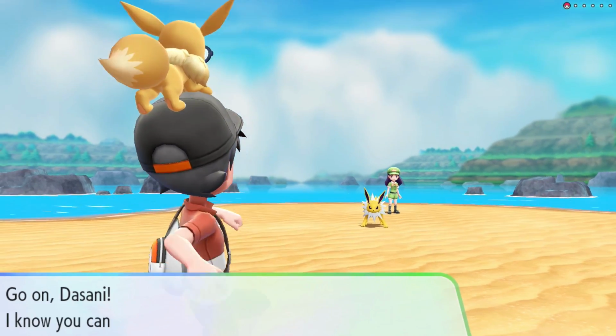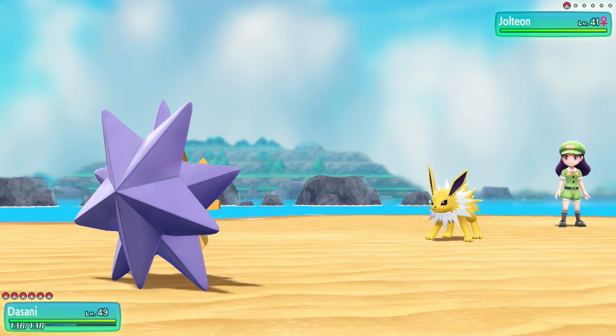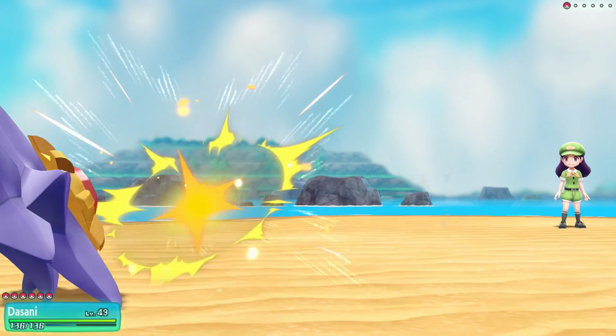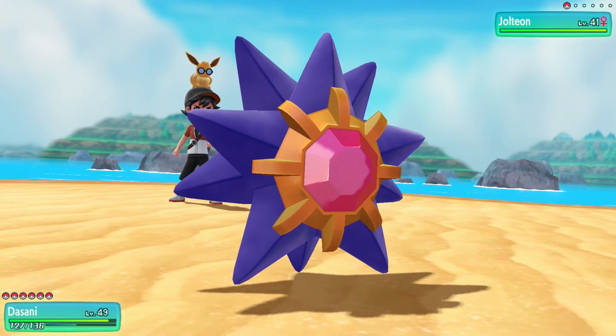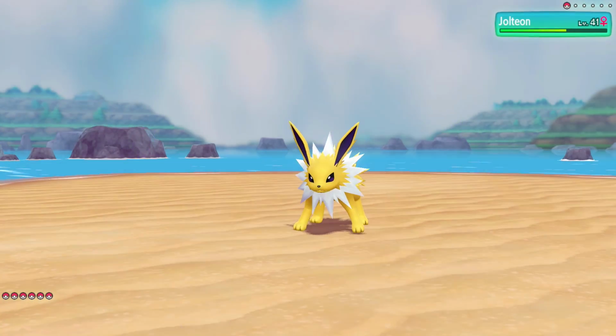not good, because even though I healed up Dasani, yes, I actually finally remembered to heal my Pokemon for once, this is not the greatest matchup. And we only have 1 Hydro Pump left, so let's hope we hit it as she goes for the quick attack. And no! Of course he avoided it. Oh, man. Whatever. I guess Psychic still does the job, but this Jolteon reminds me that I actually have 3